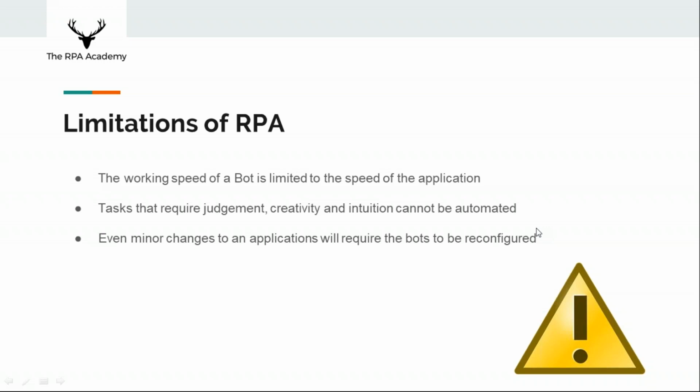Another thing, which I have always heard to be a limitation, but I haven't really seen a big impact, is if there are any changes to the application. Because we're using the front end, the automation may stop working because it doesn't recognize the element that was changed. It could be a button that used to be green or on the left, now it's on the right. Sometimes that can affect your automation. So you have to look at whether it is an application that keeps getting updated all the time. You have to evaluate these things when looking at an automation. So those are, in brief, the few advantages and limitations of RPA.